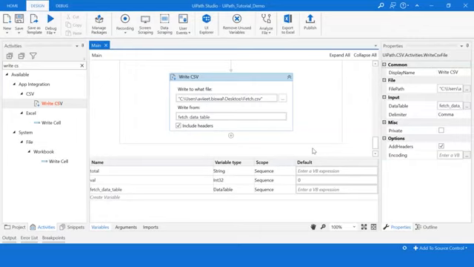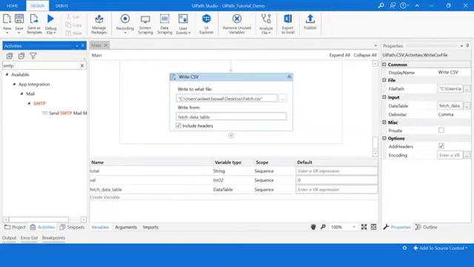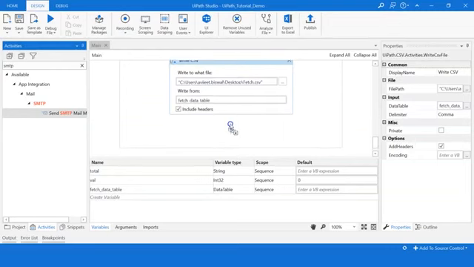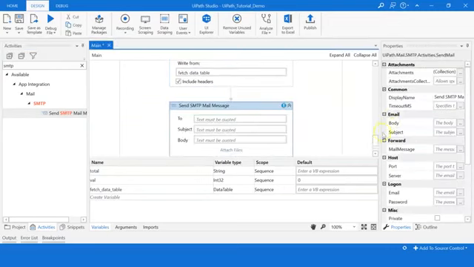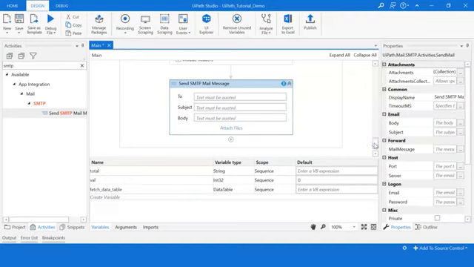Now to send an email, you need the SMTP activity. So under activities, I'll search for SMTP. I'll drag it right below here. Now we need to configure this. I'll be actually sending this email from someone else's email ID to my email ID.